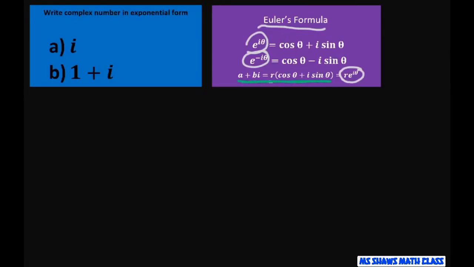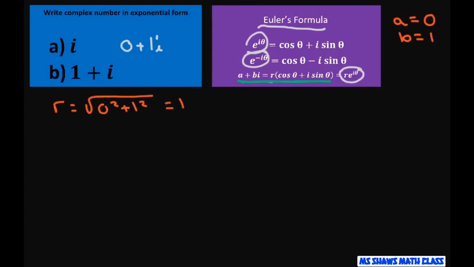So we have our a plus bi. In this case, this is 0 plus 1i. So to get our r, we're going to write a equals 0 and b equals 1. So basically r equals the square root of 0 squared plus 1 squared, which equals 1. And then for the angle,